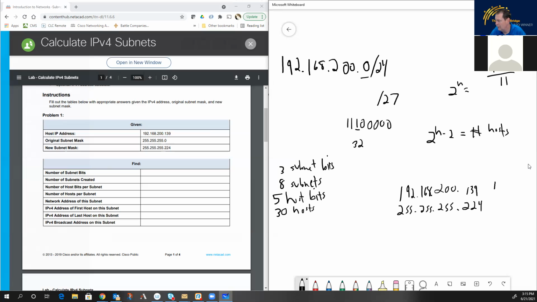Can you subtract 64 from 11? No. Can you subtract 32 from 11? No. Can you subtract 16? No. Can you subtract 8? Yes, 1, which leaves you with 3. Can't subtract 4. You can subtract 2, and you can subtract 1. So 139 is